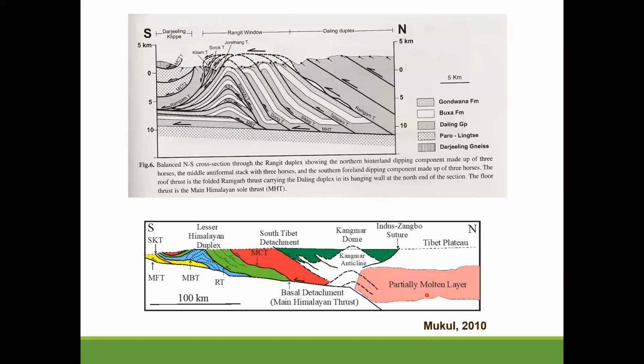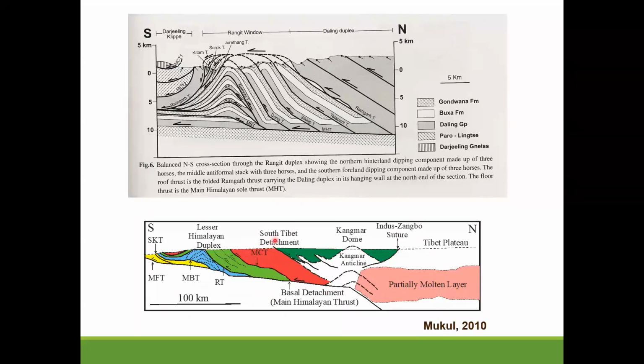There is a hypothesis that because you have a lot of erosion going on in this part, there is a lot of mass basically being lost here. To compensate for that, there is a channel that flows into this area between MCT and the South Tibet detachment and tries to compensate that mass. If you have a ductile channel flowing above this, then of course there'll be a lot of fluid activity. There'll be a lot of hot fluids in here.